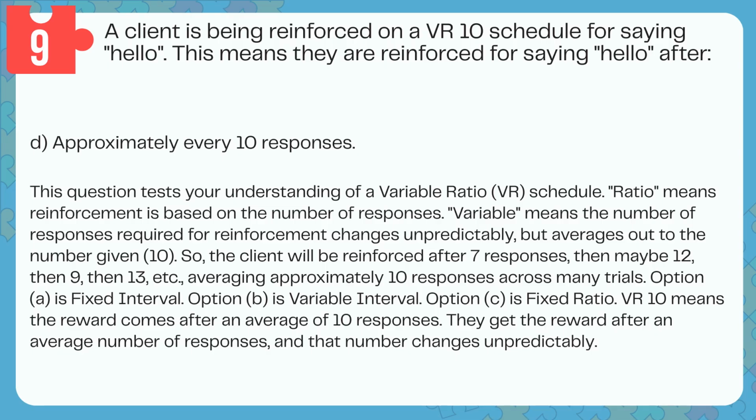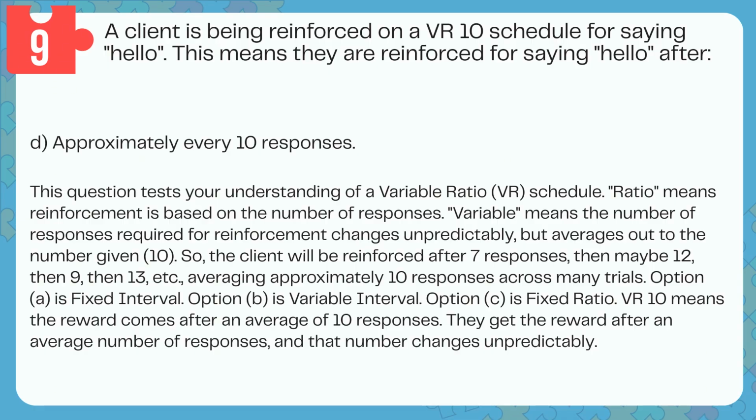Explanation: this question tests your understanding of a variable ratio. VR, schedule, ratio means reinforcement is based on the number of responses. Variable means the number of responses required for reinforcement changes unpredictably, but averages out to the number given, 10. So the client will be reinforced after 7 responses, then maybe 12, then 9, then 13, etc., averaging approximately 10